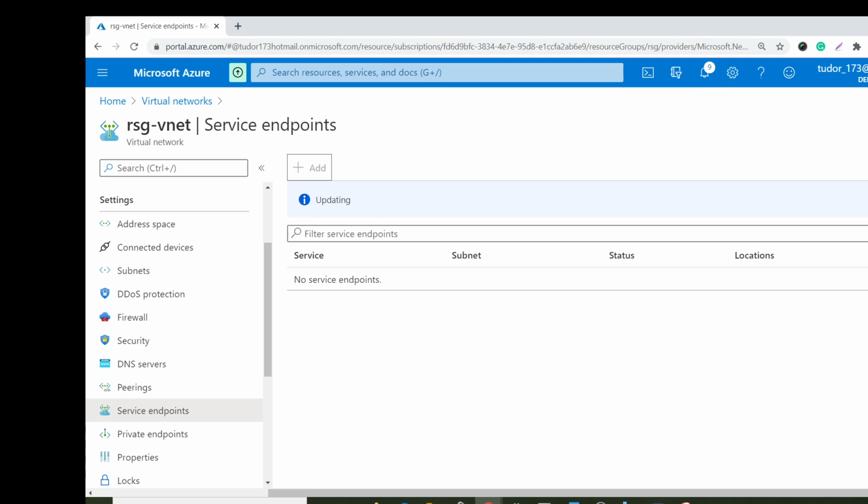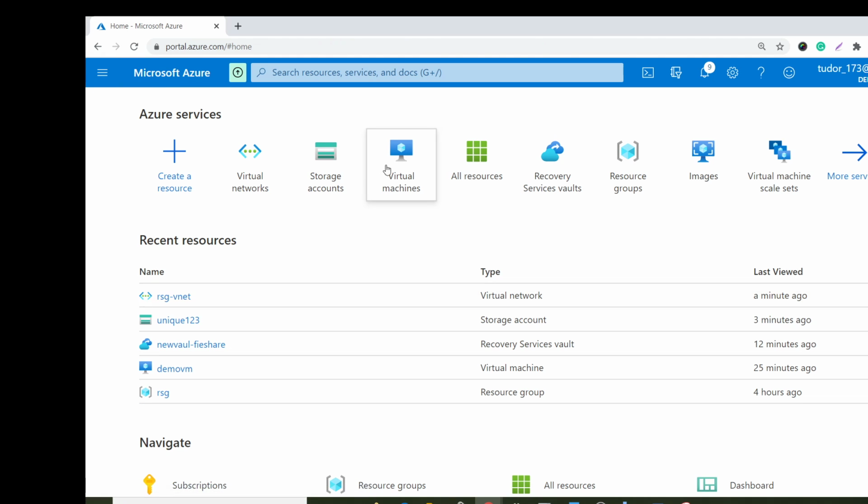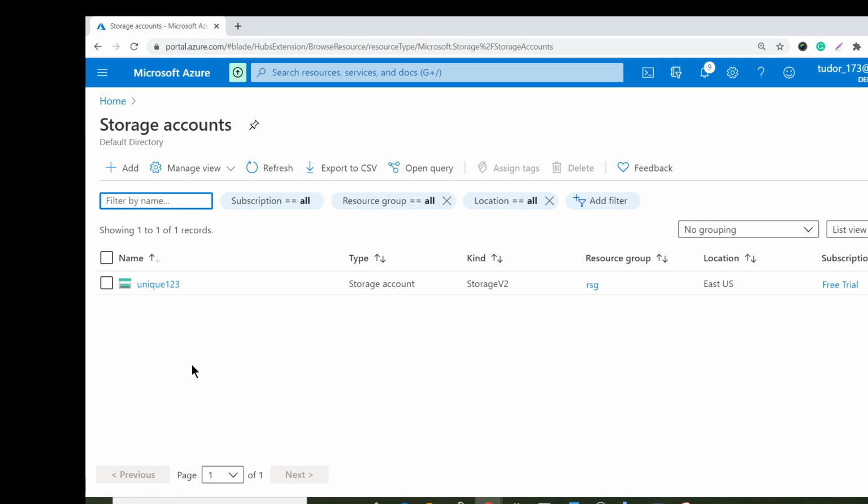This is going to take a bit of time. Okay, as you can see, we have added our service endpoint here. The same thing we need to do in our storage account, to link our virtual machine with the same